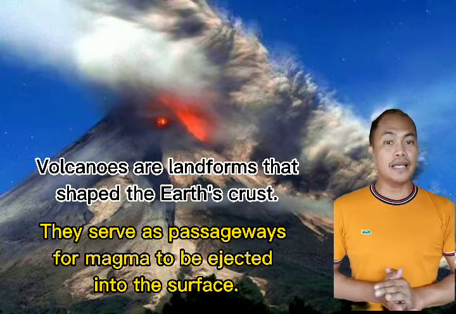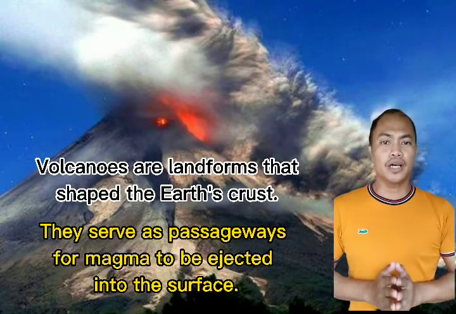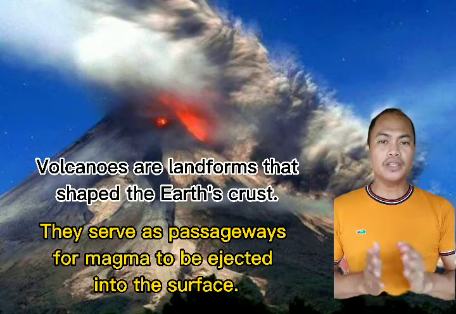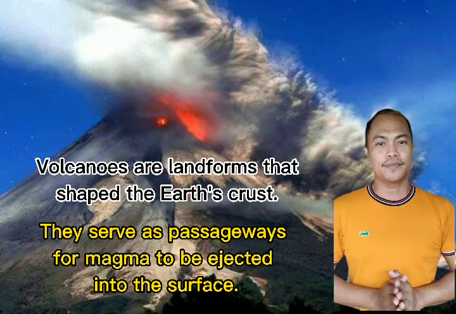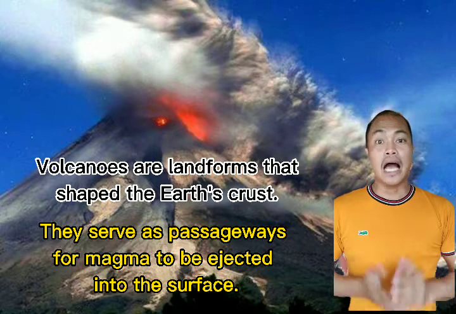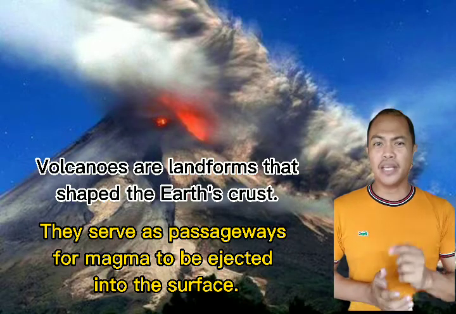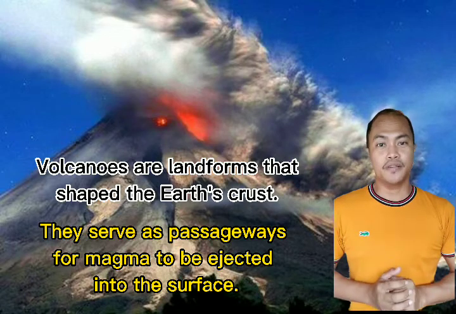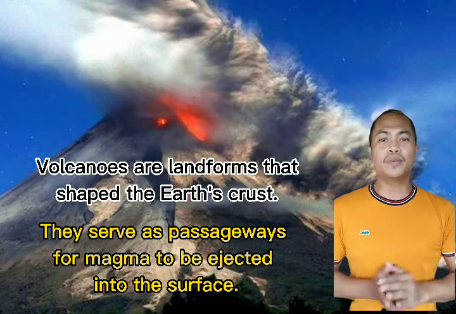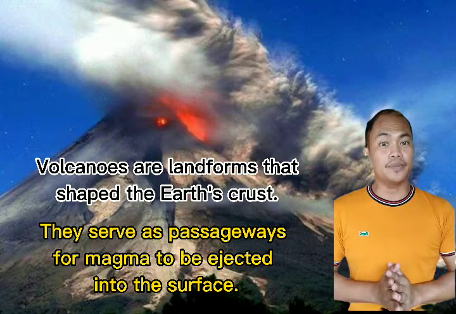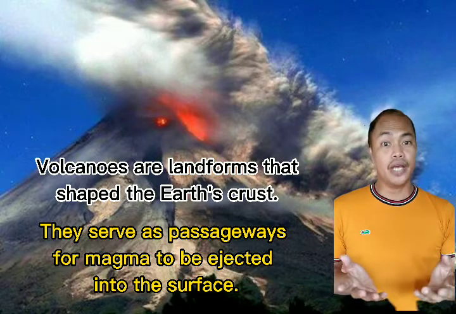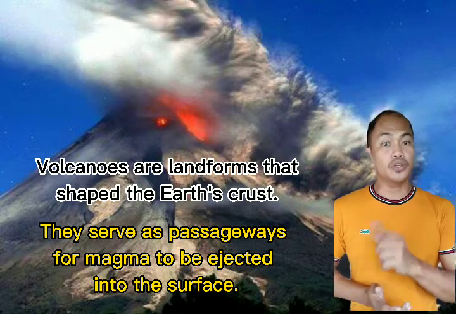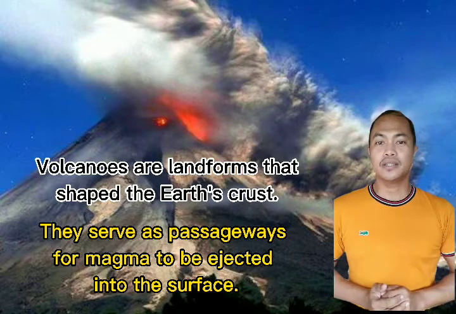They serve as passageways for molten materials we call magma to be ejected onto the Earth's surface. Without volcanoes, our planet may have exploded many years ago because heat is trapped within its surface. Volcanoes may exist in different types, but the devastation they bring is very damaging to humans, properties, and to the